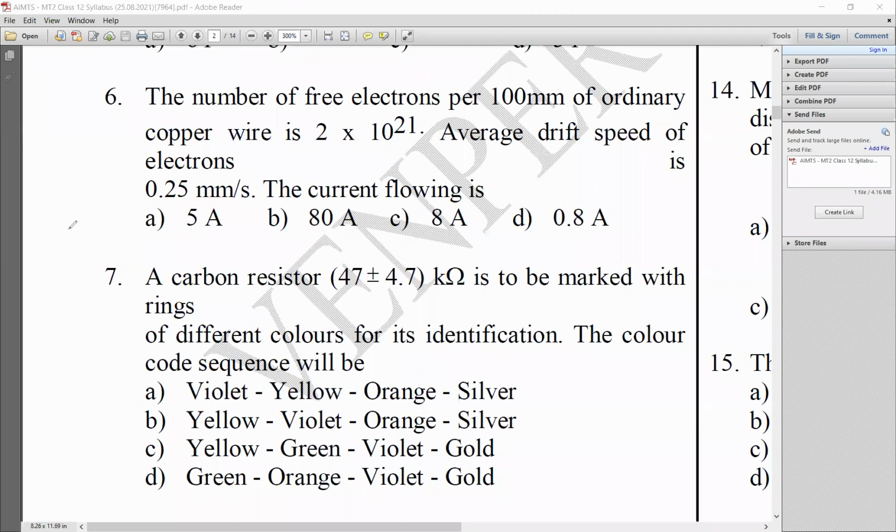For the color code, you should know one whole chart for different colors, different tolerance, all these things. Whenever there is a carbon resistor, it will be somewhat like this. This last line is for tolerance. This is for the multiplier. And these are A, B, C, different colors for the number.